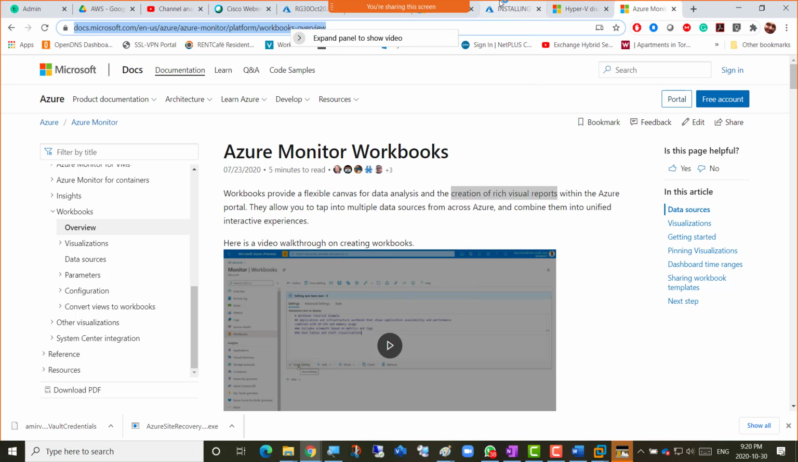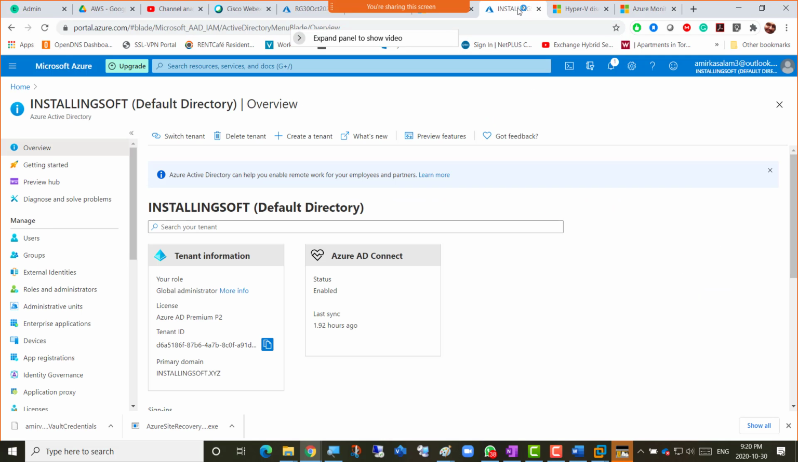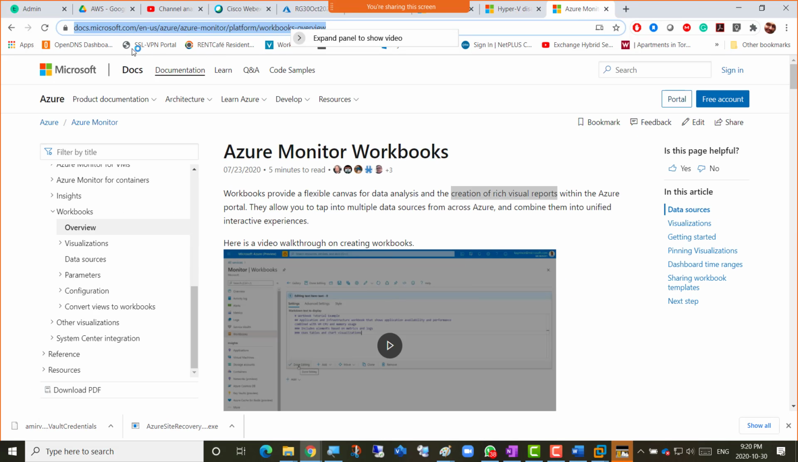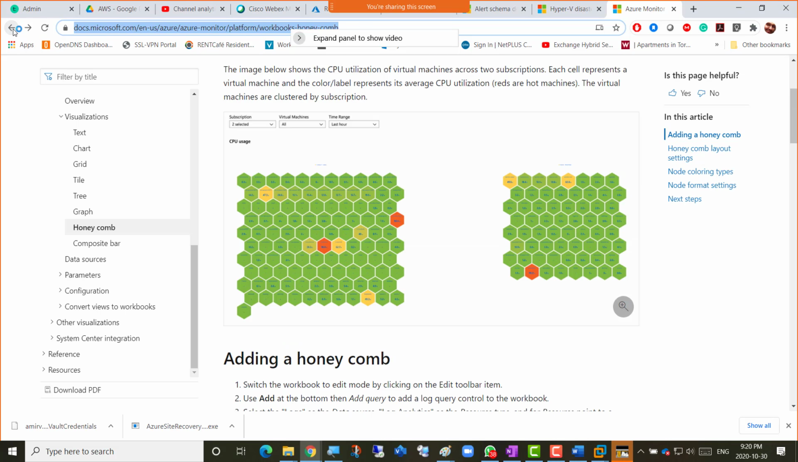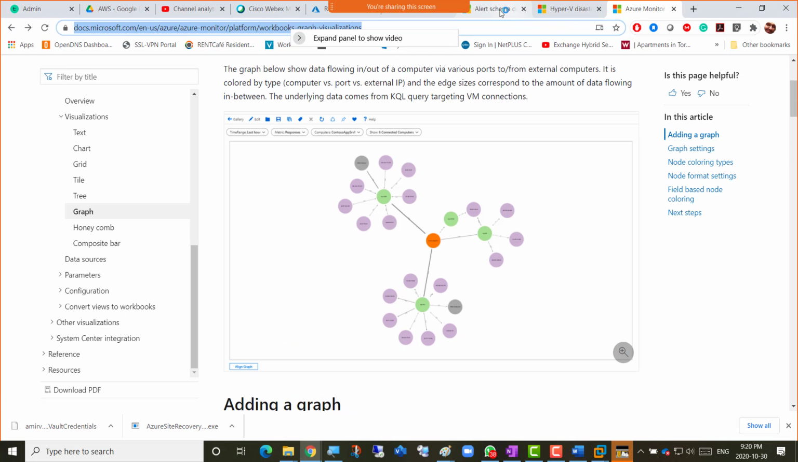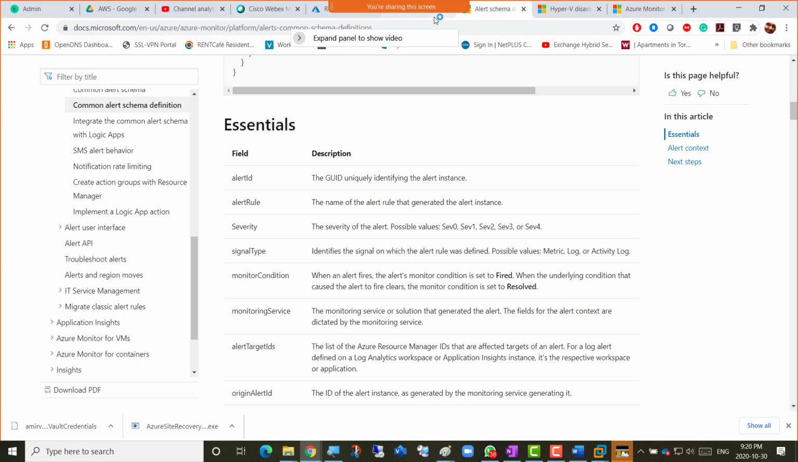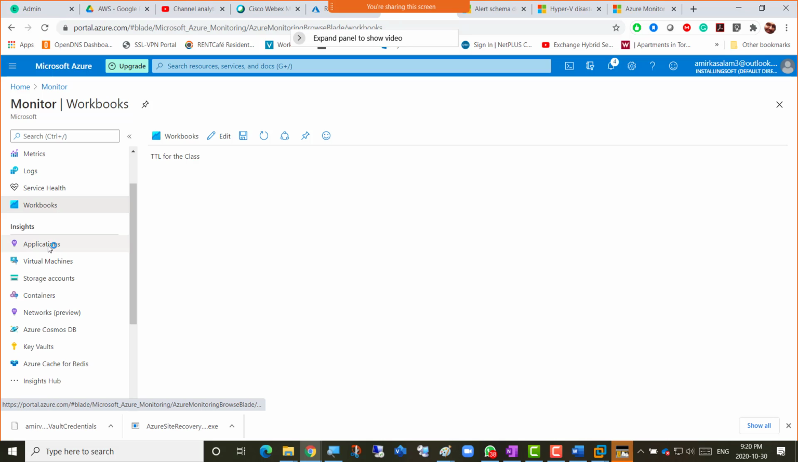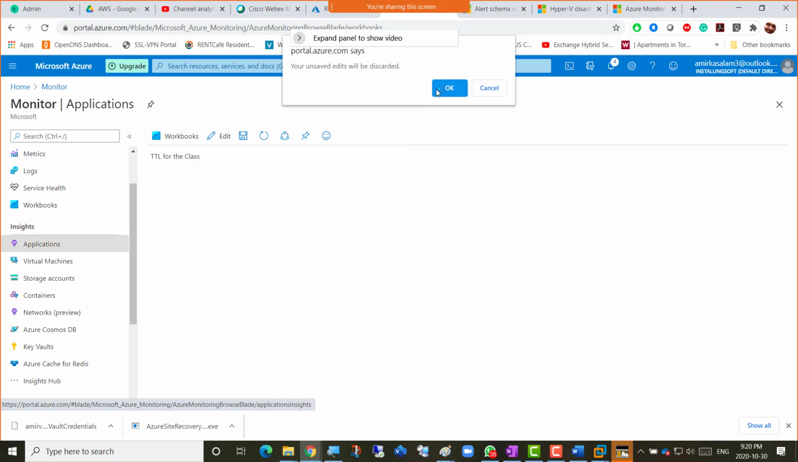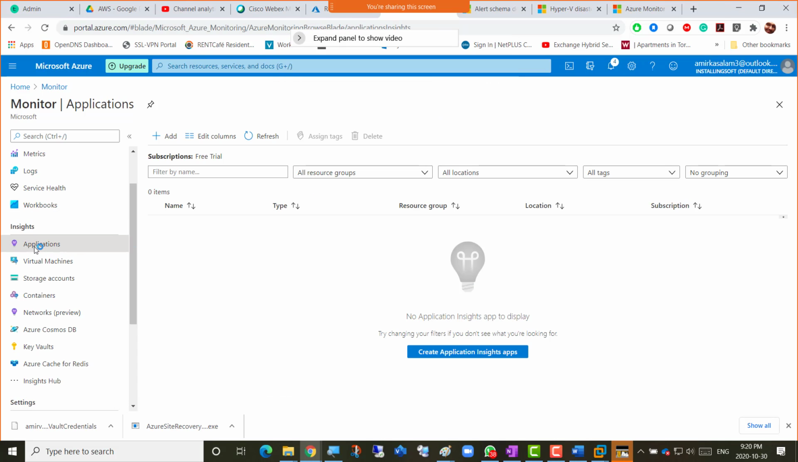And if we go back here, I'll just close that. I think I opened it from within. Alert schema. Yeah. So workbooks, if you have something there to get data from, then it shows you fancy graphs and details. So I'm just going to press OK here and go to applications here and create application inside